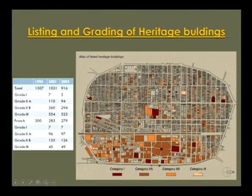Now, if you look at the particular map of Pondicherry, you can see we discuss 4 categories of historic buildings. You have category 1, 2A, 2B and finally 3. You can see the number of buildings we have lost over a period of time, especially in the Tamil quarter. And finally, if you look at the majority of buildings in the Tamil quarter, that is above the central boulevard,